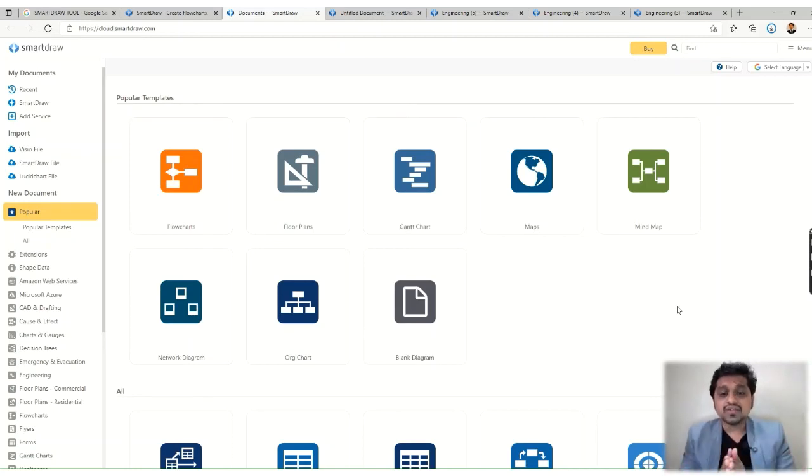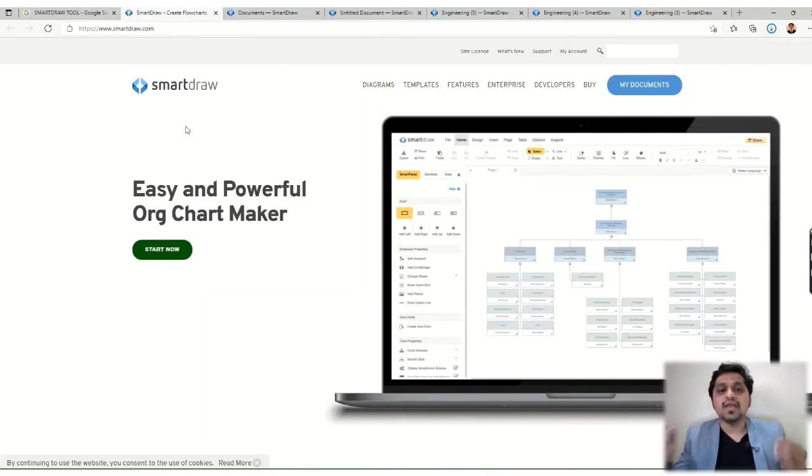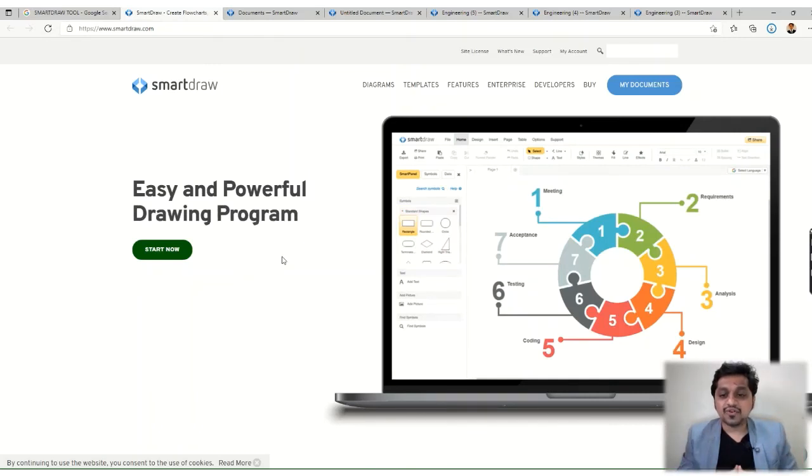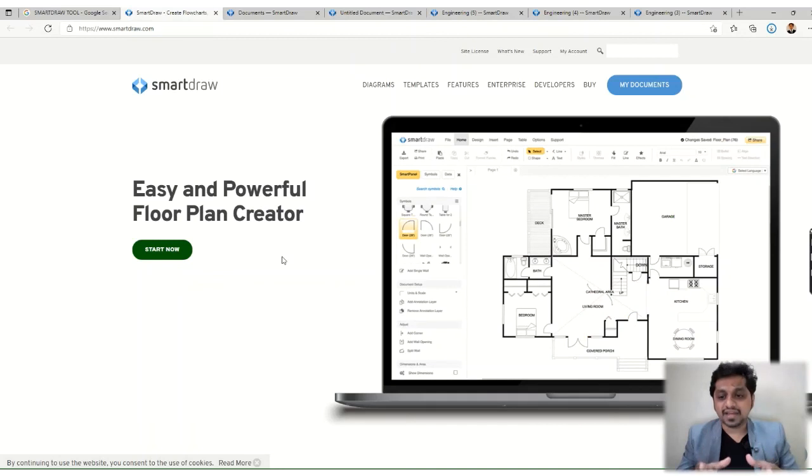Otherwise you have to search a lot on the internet for different kinds of features. If you want a Gantt chart, or a strategic planning chart, you have to go to another tool. If you want to prepare an electric circuit diagram, you have to go to another tool. But this is the SmartDraw tool which offers you all the things in one complete package, right?